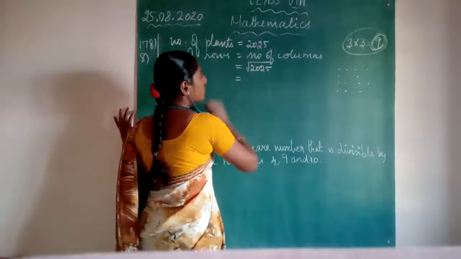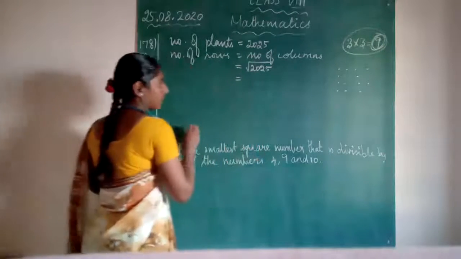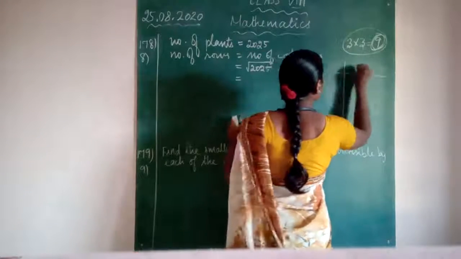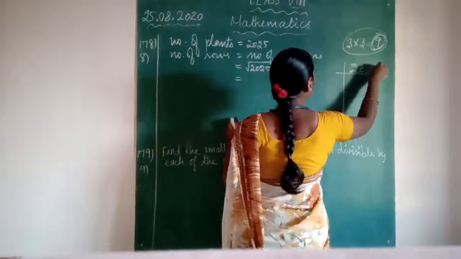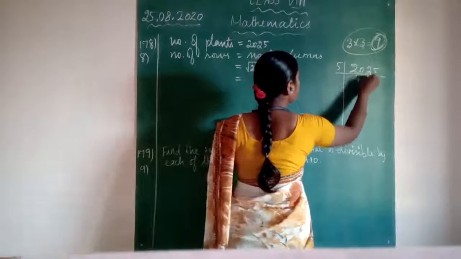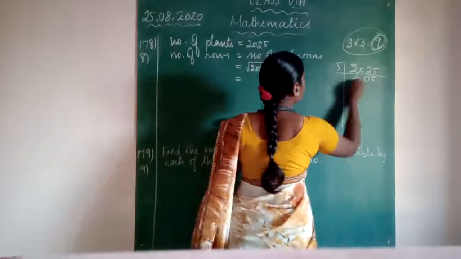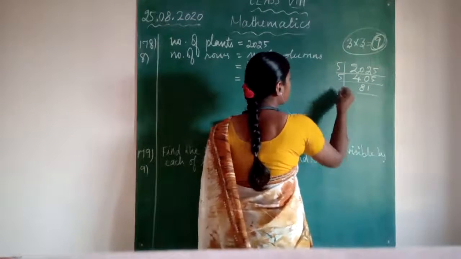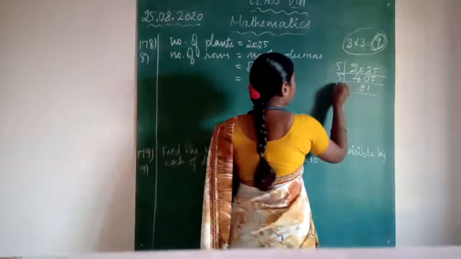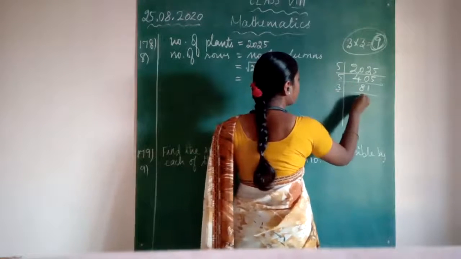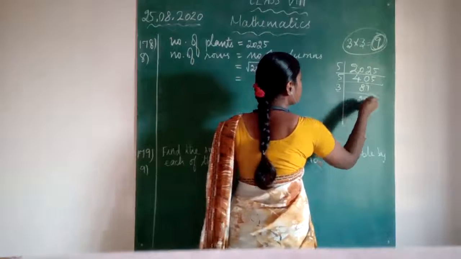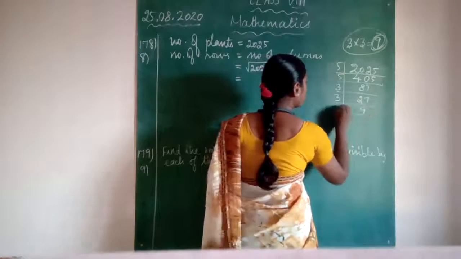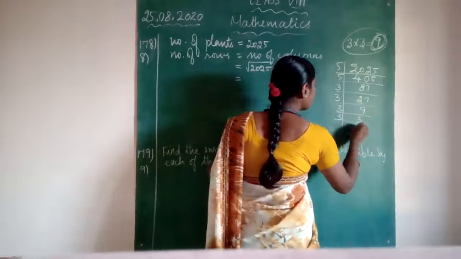Totally that is equal to, you can write 2025, you have to prime factorize it. Now prime factorize 2025. Use 5 table, 5 4s are 20, 0, 5 5s are 25. Then again 5 table, 5 8s are 40 and 5 1s are 5. Then 3 table, 3 2s are 6, 2 remaining 7, 3 7s are 21, then 3 9s are 27 and 3 3s are 9 and 3 1s are 3.